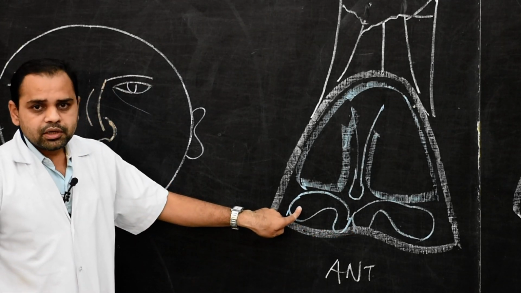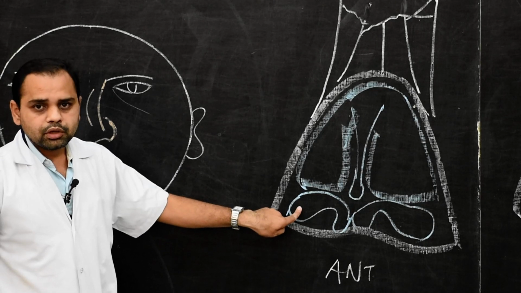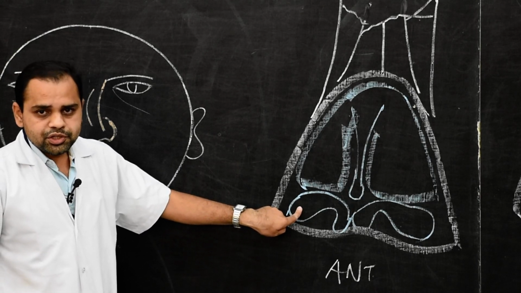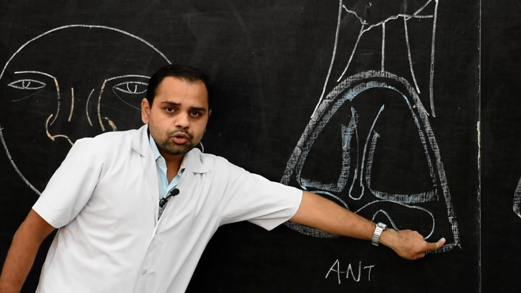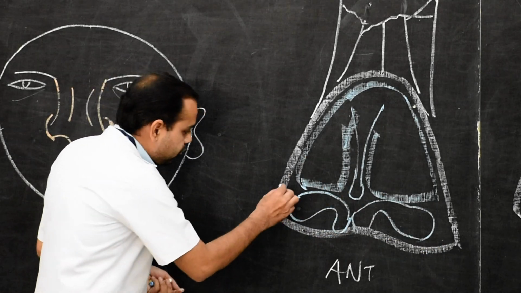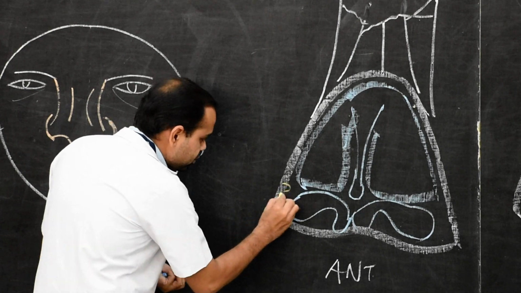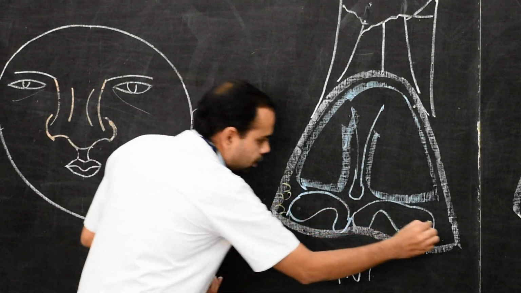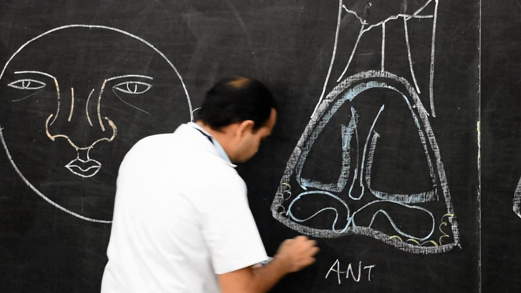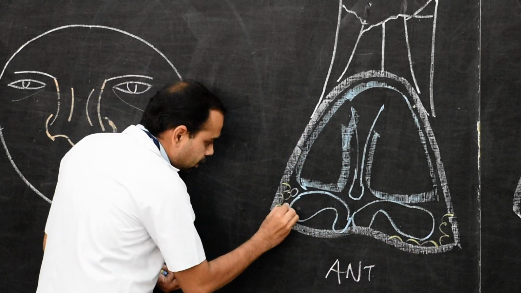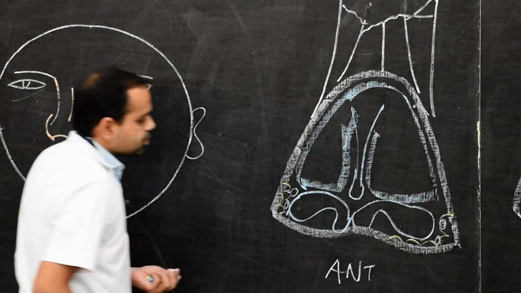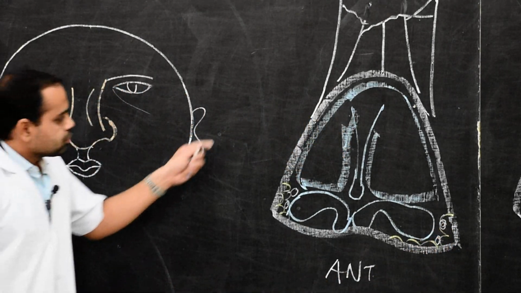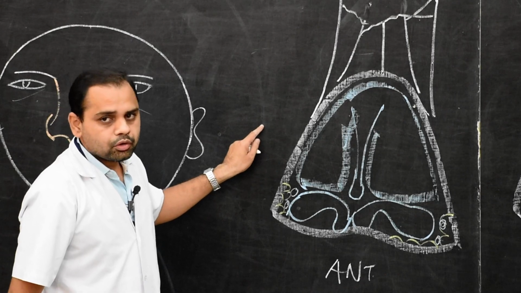The lateral crus of the major alar cartilages extends into the ala of the nose, but it does not reach the margins of the pyriform aperture, which is formed by the nasal notch of the maxilla. This area is filled up by fibrofatty tissue, and there are 2 to 3 minor alar cartilages. Here there are minor alar cartilages. So this is the anterior view of the framework of the external nose.